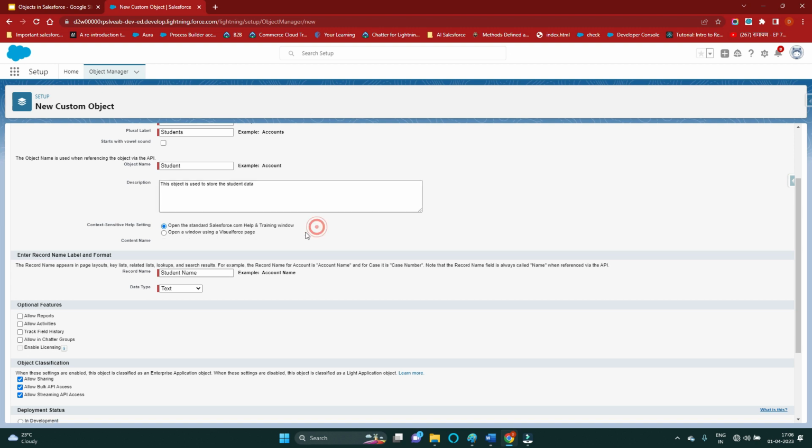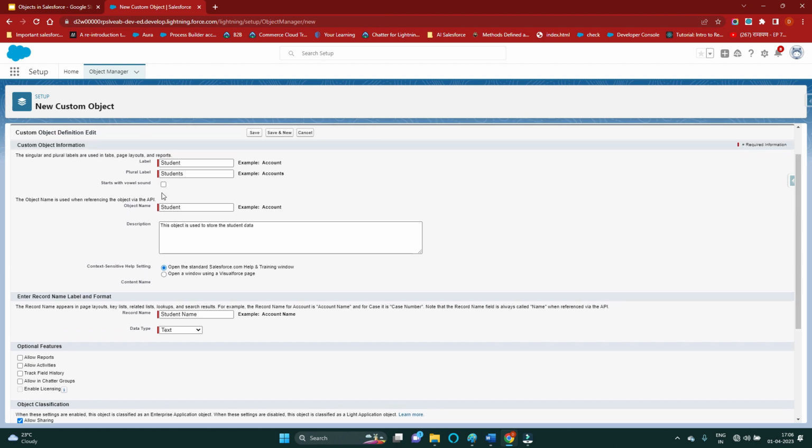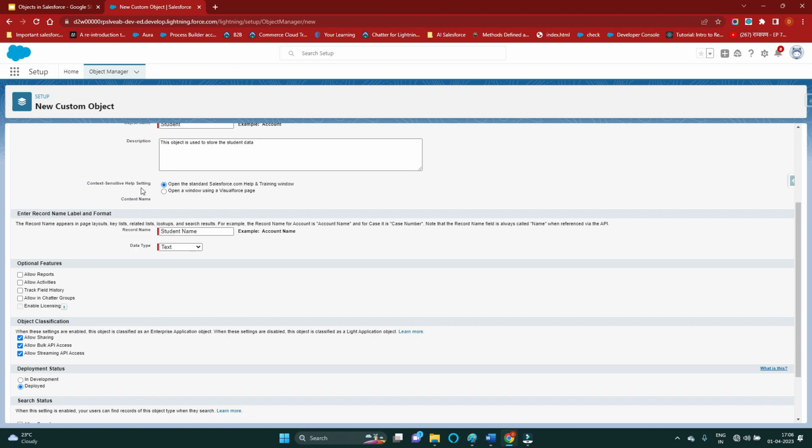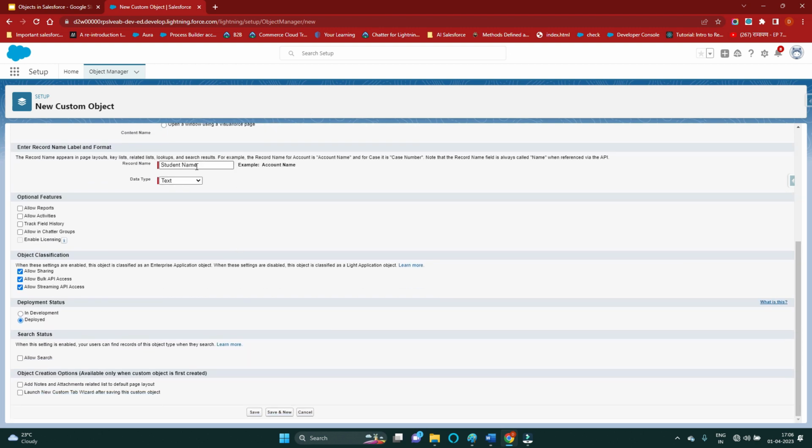Okay. So using this description, we can identify the use of this custom object. For help setting, leave it as it is, and for record name, you can change this record name as well,